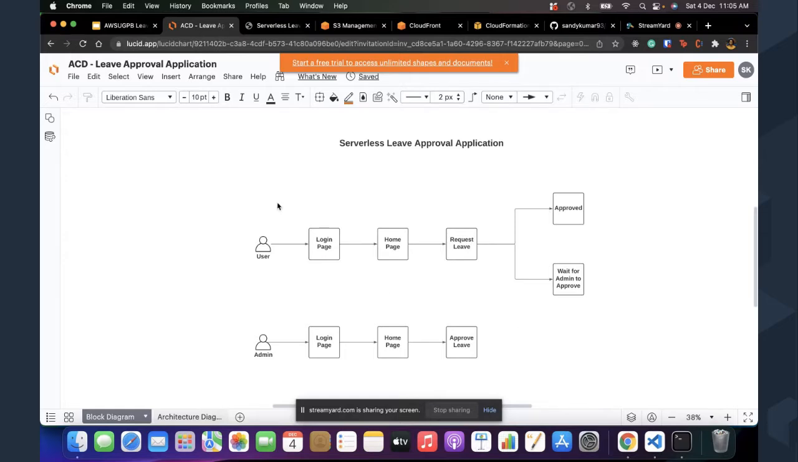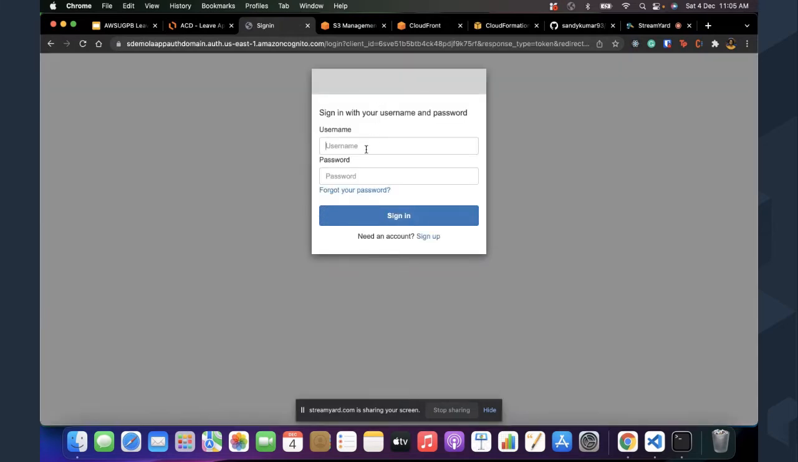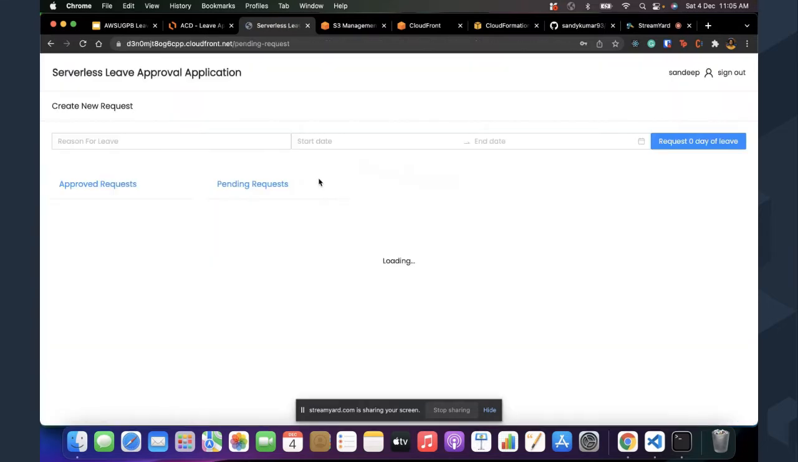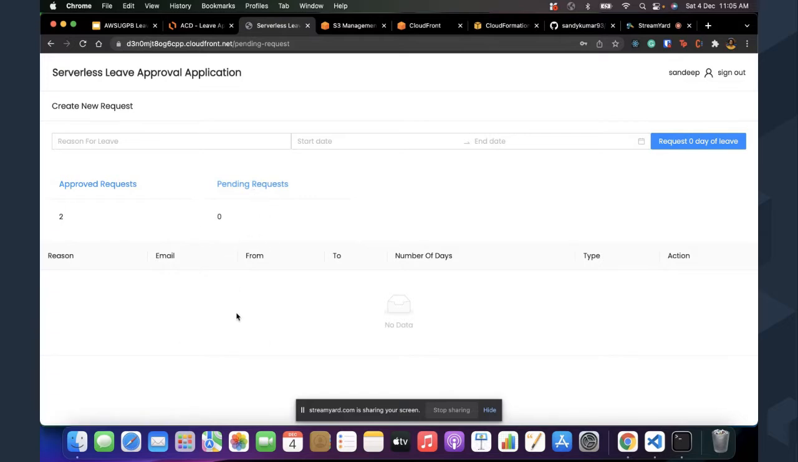So let's see a demo of how it is working now. So this is the demo application link. So let's log in over here. So in my case, the admin and the user are the same person. So we're going to request and approve from the same portal. Here you can see the previous requests that I have made, and here you can see the pending request